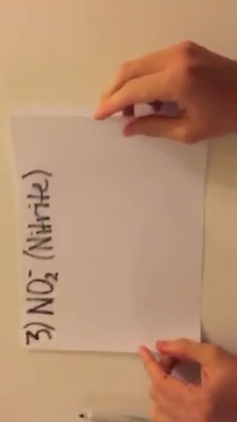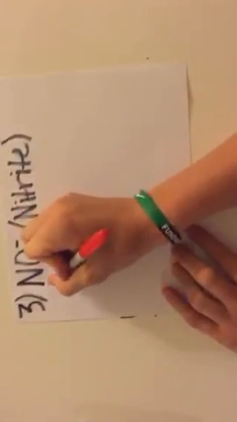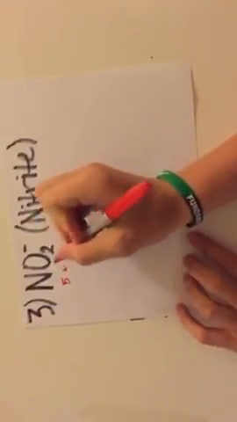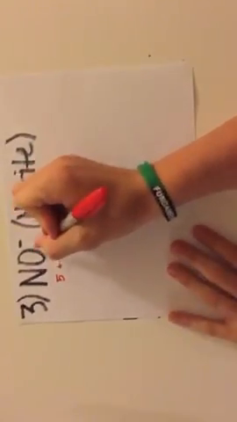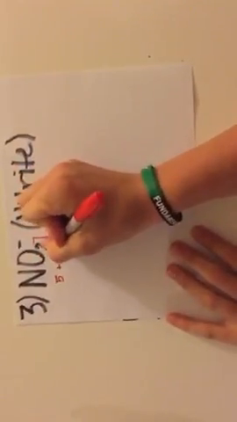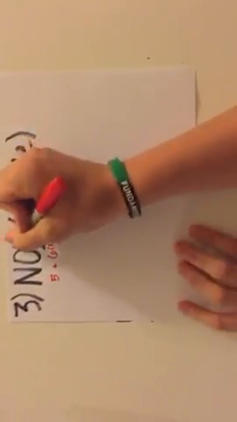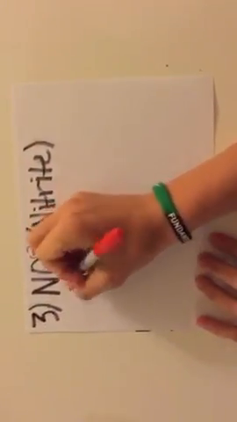And for our third ion, we'll do a nitrite ion. To count up the valence electrons, nitrogen still has 5, and oxygen has 6. But there are 2 oxygen atoms, and we have to account for the negative charge. So that gives us a total of 18